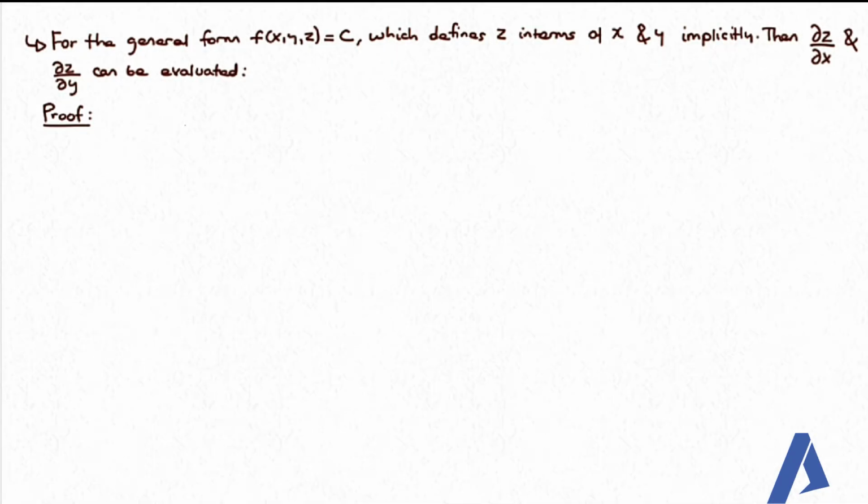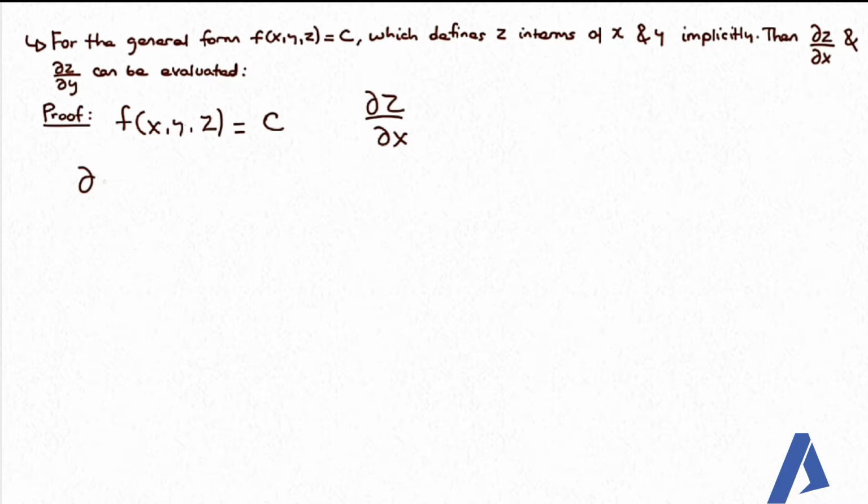ቀጣዩ ኬዝ ደግሞ if we have the general form f of xyz is equal to c, እዚህ ጋር እንደምናየው f of xyz is a three variable function and now z is defined in terms of x and y implicitly, ማለትም ዳይሬክትሊ መገለጽ የማይችሉ ከሆነ del z by del x እና del z by del y, which means the partial differentiations እንዴት የምናገኛቸው? If we have the general form f of x y z is equal to some constant c, we partially differentiate. ያው መጀመሪያ ምንድነው እየፈለግን ያለ ነው it's del z by del x ነው።